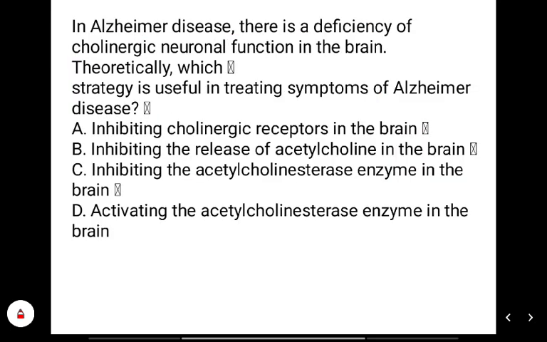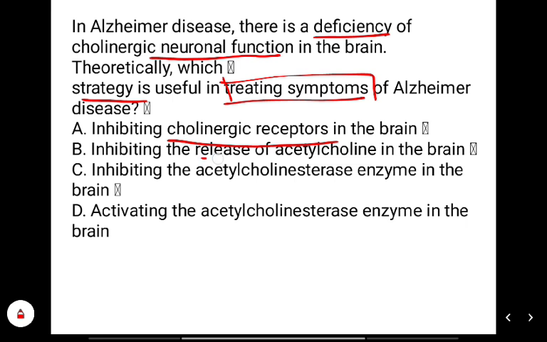Now in Alzheimer's disease, there is a deficiency of cholinergic neuronal function, okay, deficiency. Which strategy is useful in treating the symptom? Inhibiting the cholinergic receptors, inhibiting the release of acetylcholine, inhibiting the enzyme, or activating the enzyme. Now because there is already a deficiency